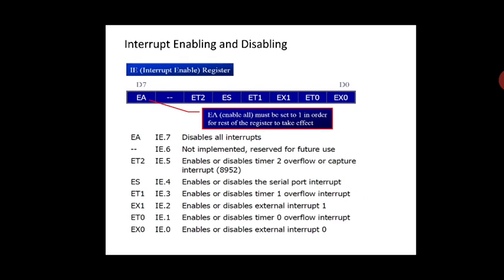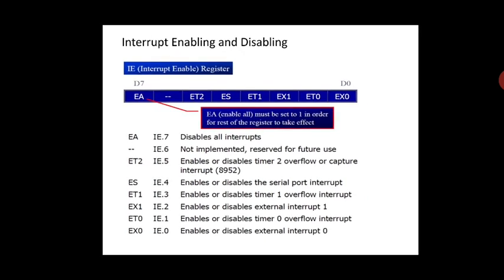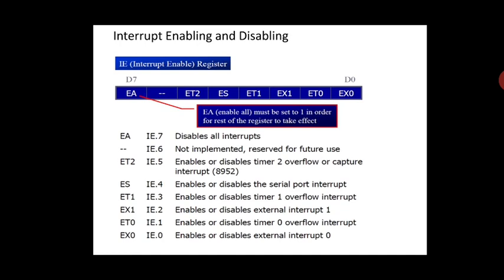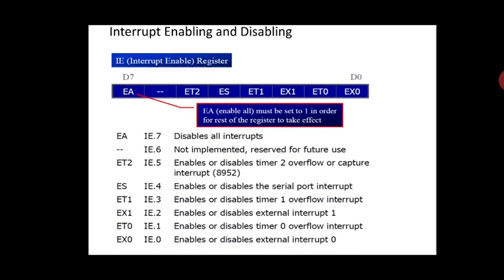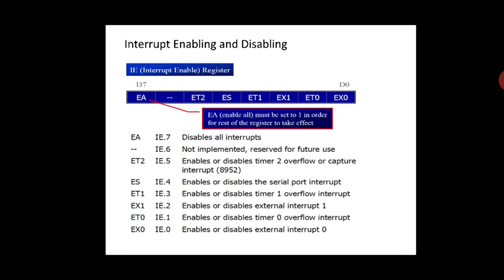This is the IE interrupt enable register. I hope you can see each bit will be accessed by using 0 to 7. It moves from the D0 bit, right to left. We'll see there is an EA. I hope it is very clear for you. It disables all the interrupts. If this bit is set, it means the 8051 is not ready to take any interrupt from any of the devices, except two interrupts, which will come in the coming class.